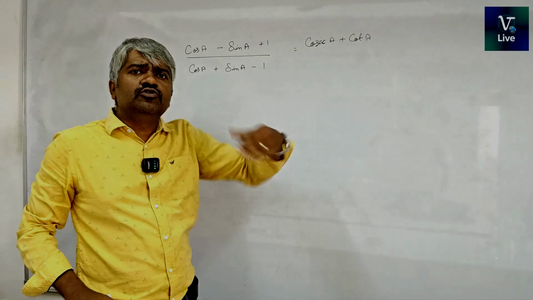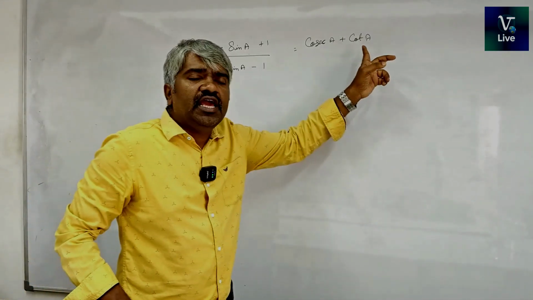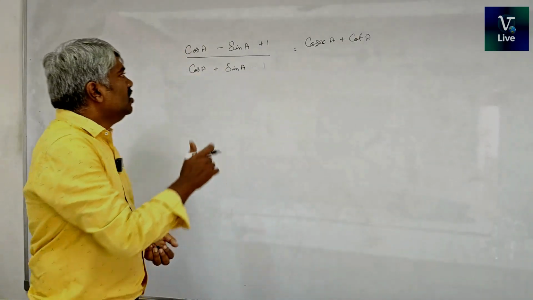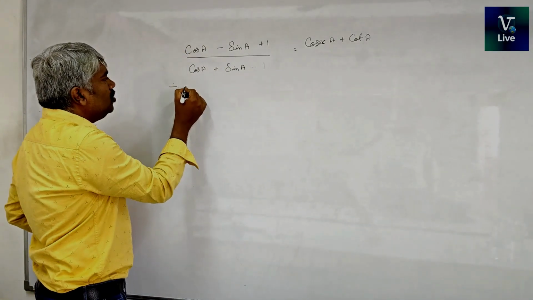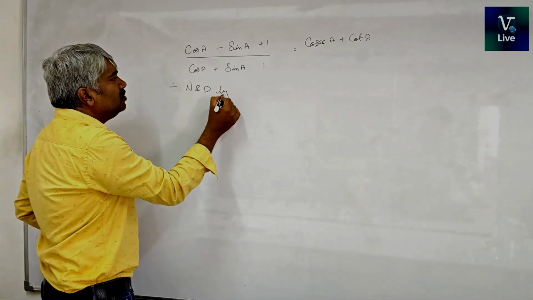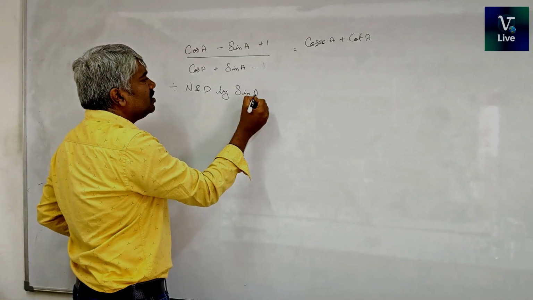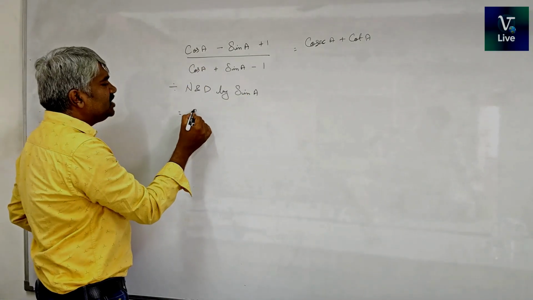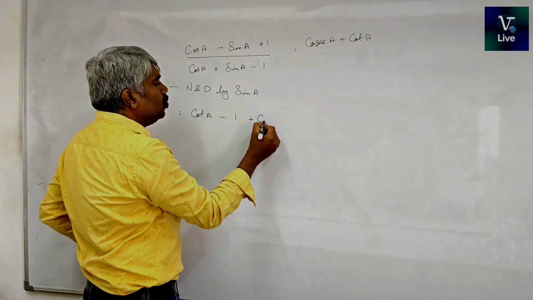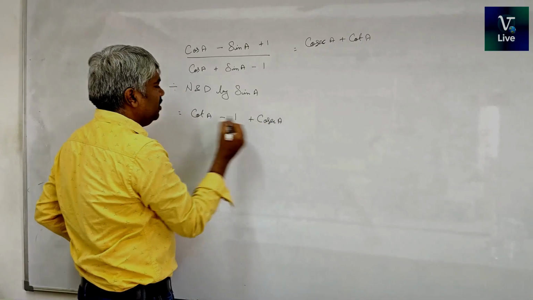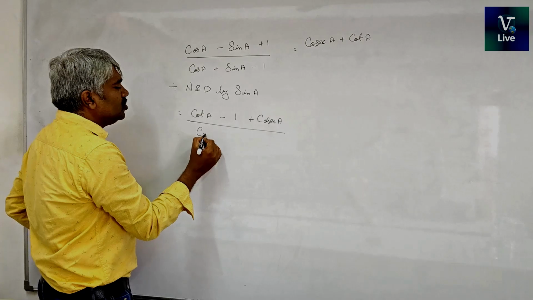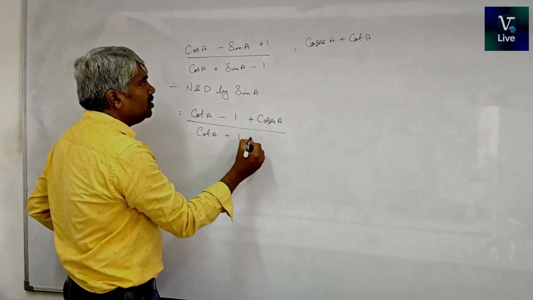What is cosecant A? Cosecant A is 1 by sin A. Cot A is cos A by sin A. So in both the cases, the denominator is sin A. Now I am going to divide the whole question, the numerator and denominator, by sin A, right? So what is cos A by sin A? Cot A. Sin A by sin A, 1. 1 by sin A is cosecant A, whole divided by cos A by sin A is cot A plus 1